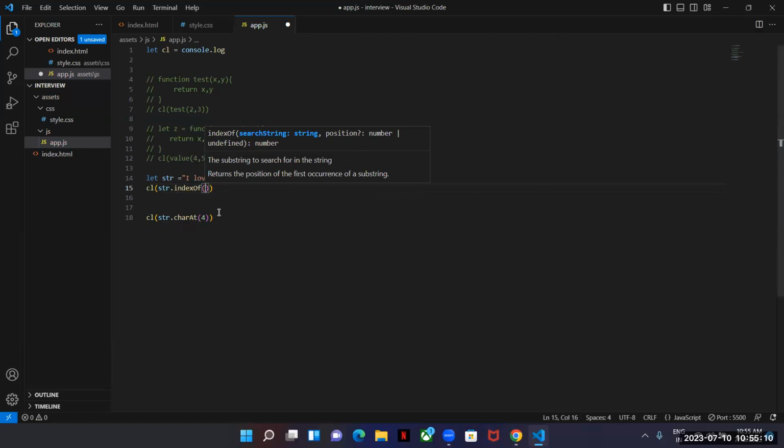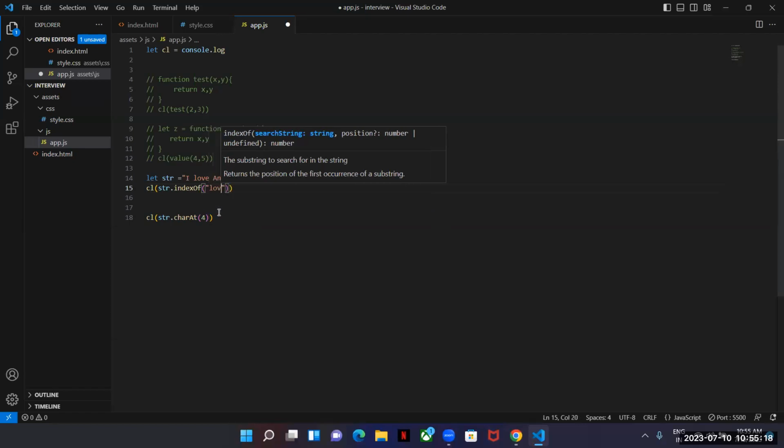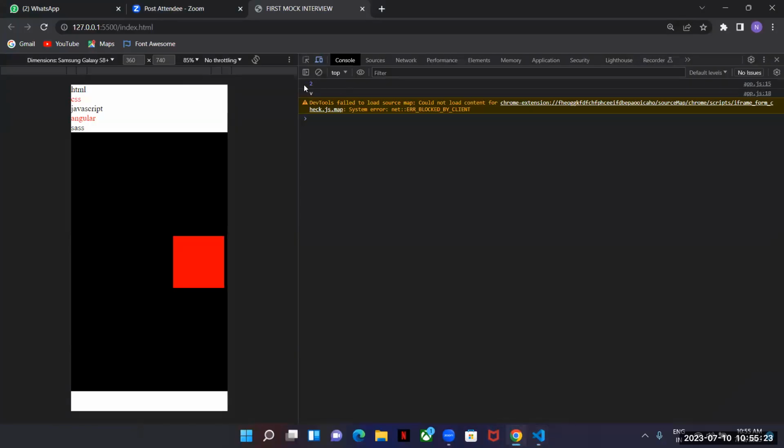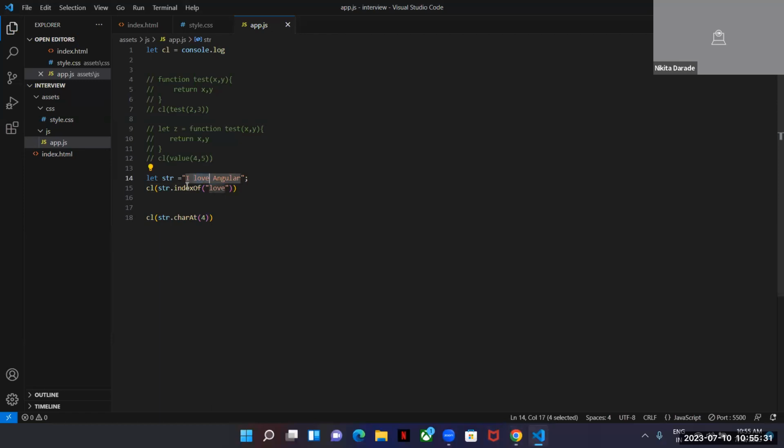Starting represents the index of L. Can you explain it?